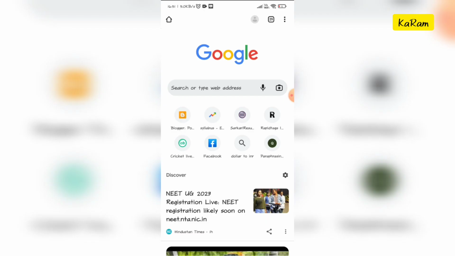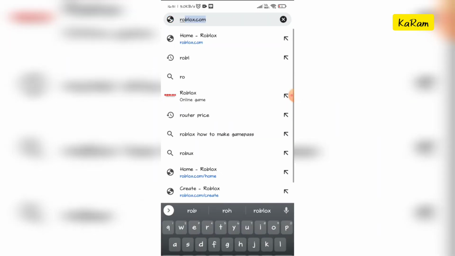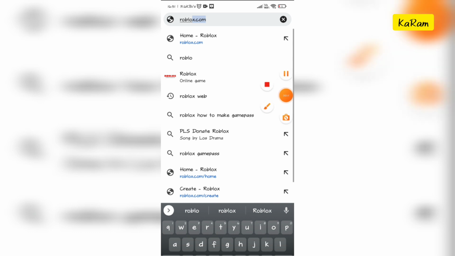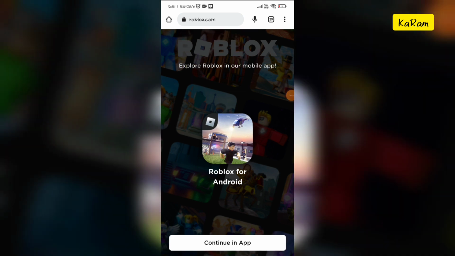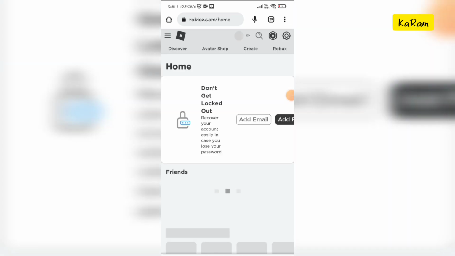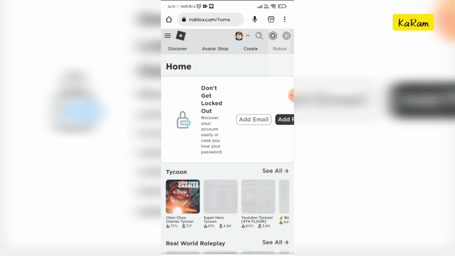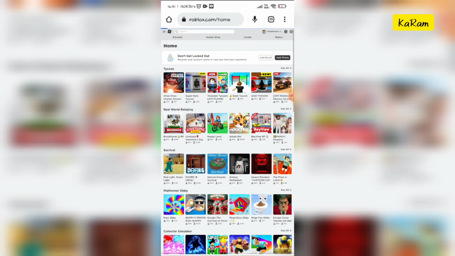First of all, open the browser and search for Roblox. Go to the official website of Roblox, which is roblox.com. Just open this website and click on continue in browser. Once Roblox opens the website in desktop site mode,